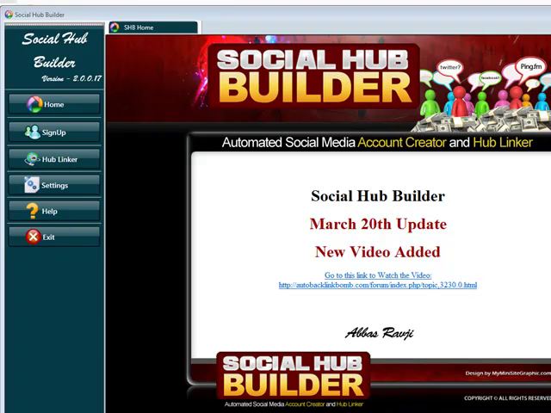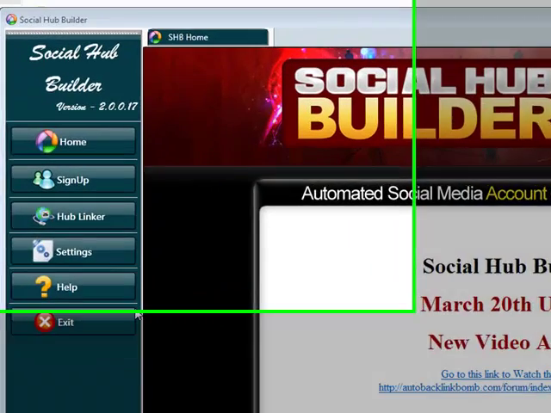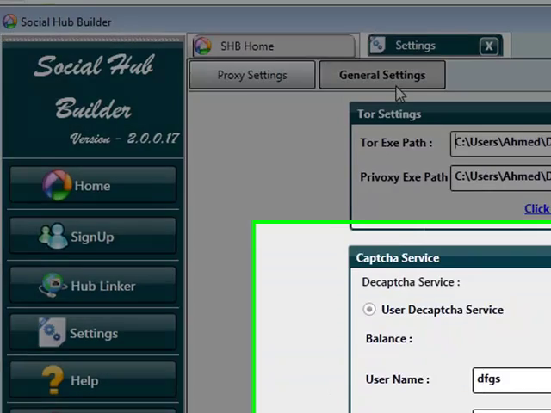Hey guys, Abs here. I'm going to be taking you through an update that we've released to the Social Hub Builder. In this update, we've released a number of new features and I'm going to be taking you through them one at a time. The very first feature that I want to show you is under settings and in general